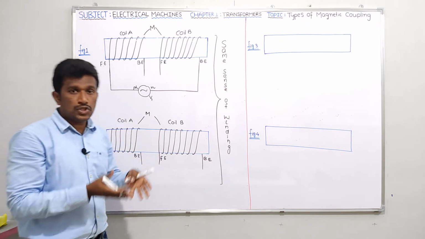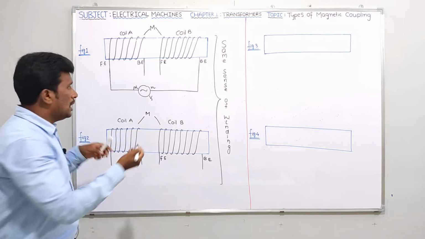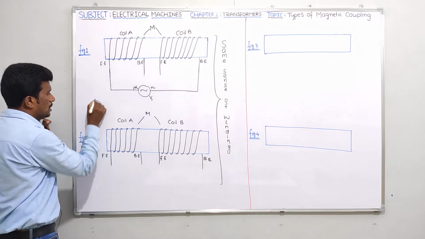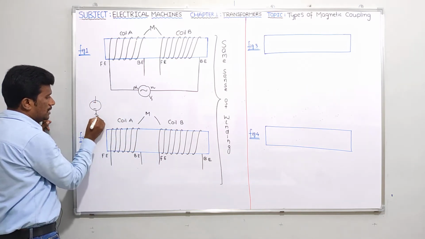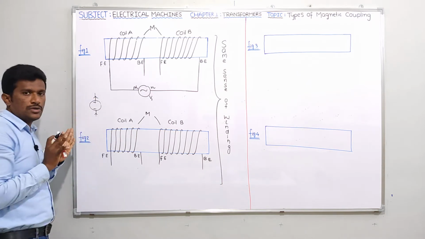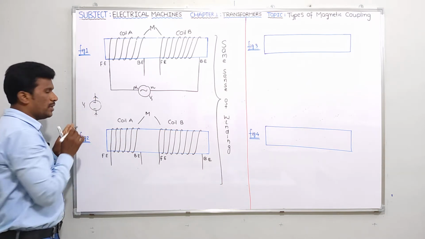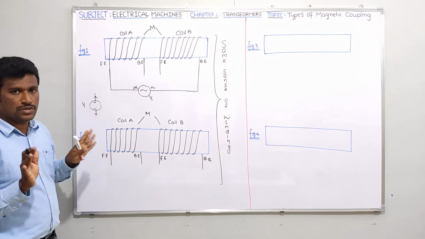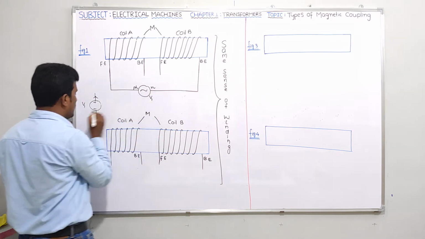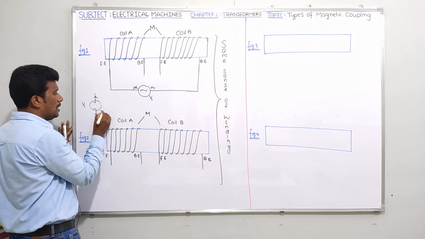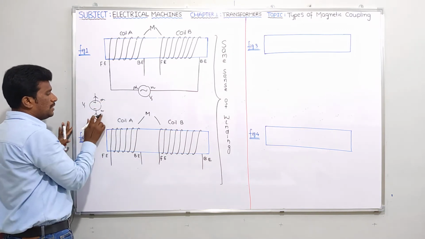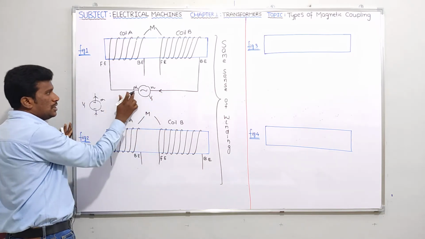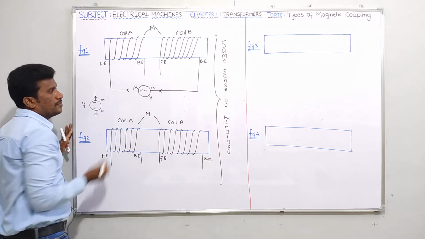Everybody knows that in a source, current always enters at the minus terminal and leaves at the plus terminal. This everybody knows, no? If you take this one as voltage source V1, current always enters at the minus terminal, it leaves at the plus terminal. So minus means I can take it as neutral, plus means I can take it as phase. That means at neutral current has to enter. Yes, it is entering, and it has to leave from phase. Yes, it is leaving. Is it clear?